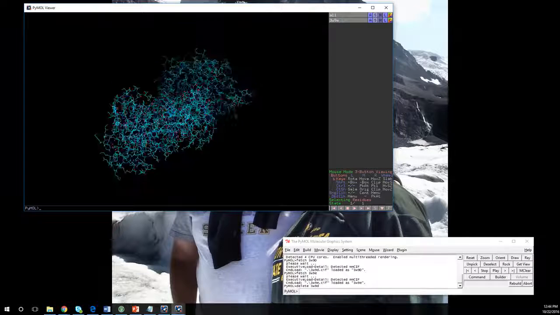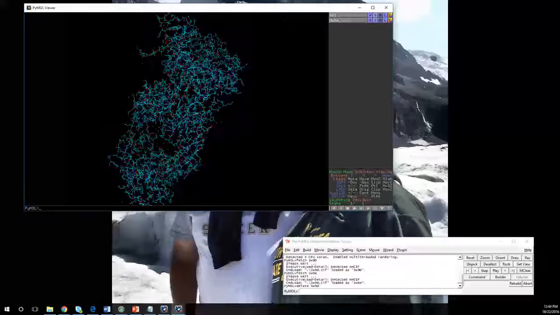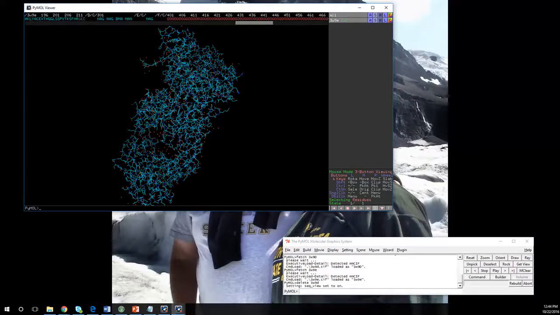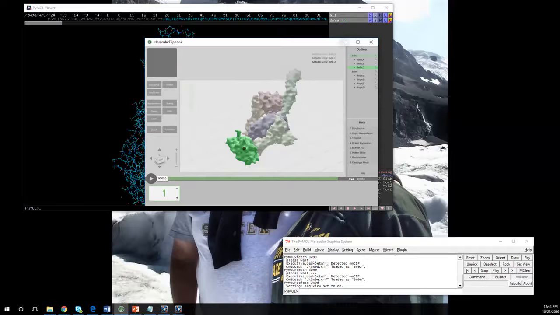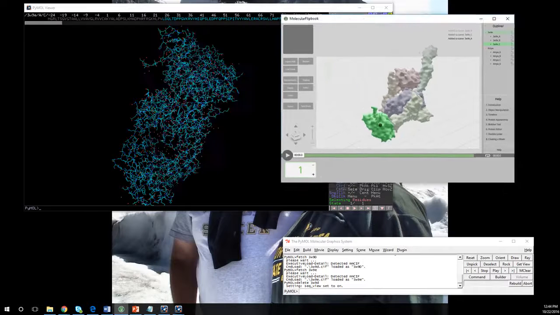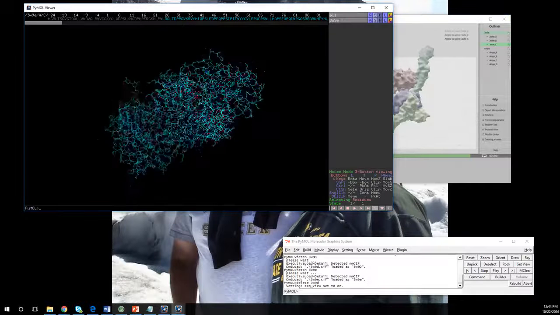So if I look at this, there's actually 3 molecules in here. If I go to display sequence, here's the sequence that exists for all of these 3. If I pull up Flipbook, I did this earlier, so this is the same model. This molecule right here is the same way it looks in Flipbook. So down at the bottom we have, I think that's right,